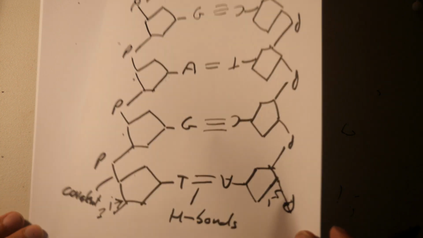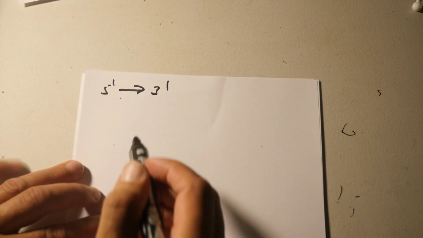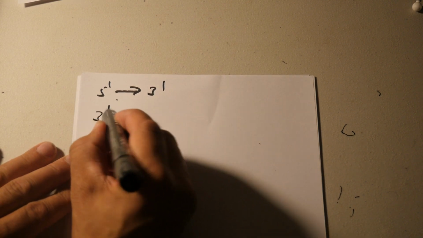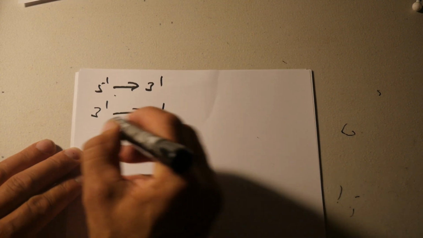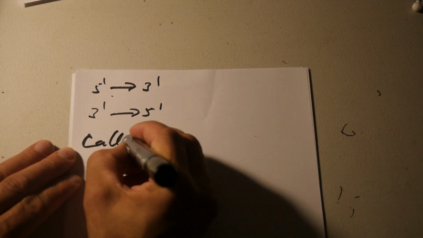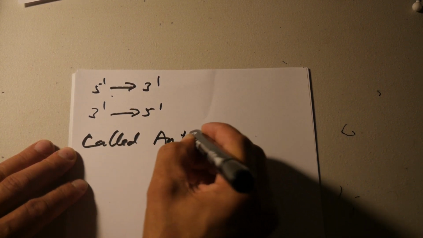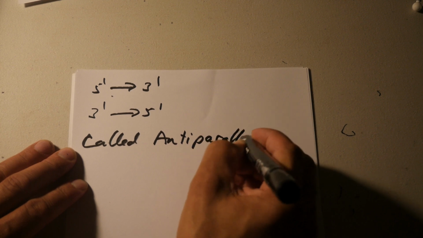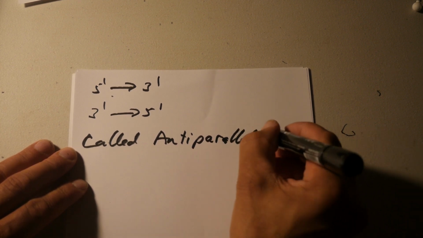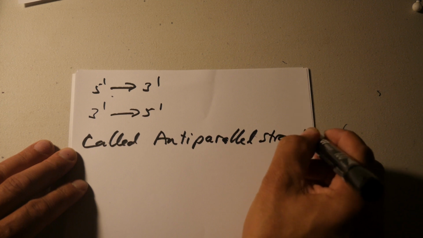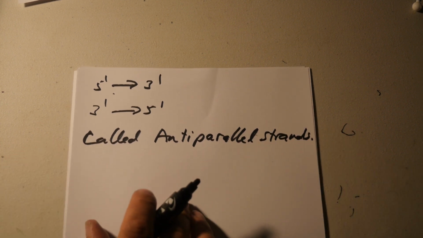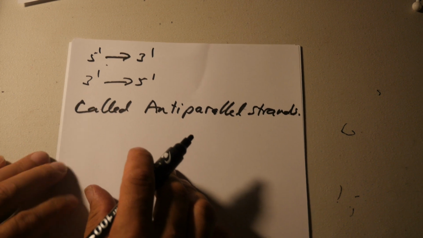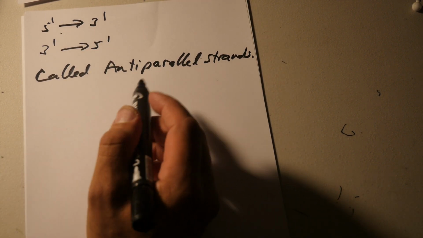So we've got, yeah, and because they're 5' to 3' and 3' to 5', they are called anti-parallel strands, okay? And the whole thing gets,